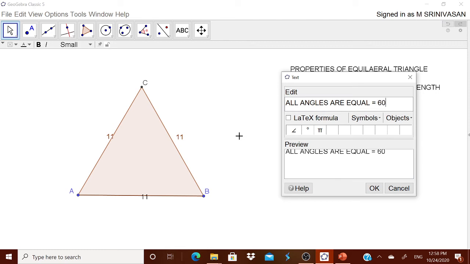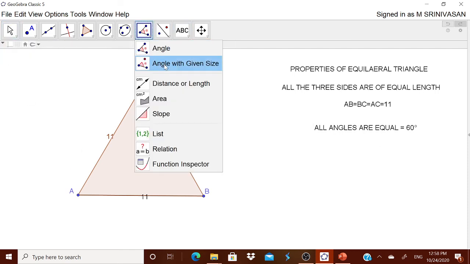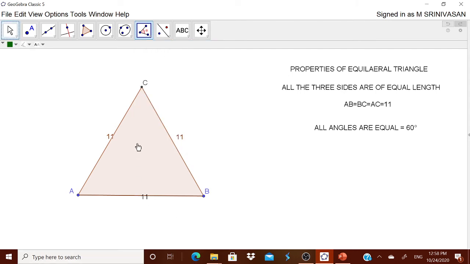I think I have that symbol over here. How to show it to the children? Very simple. Escape, go to the angle tool, click this angle and then click this triangle. You got it now. Escape, then 60, this is 60, this is 60.